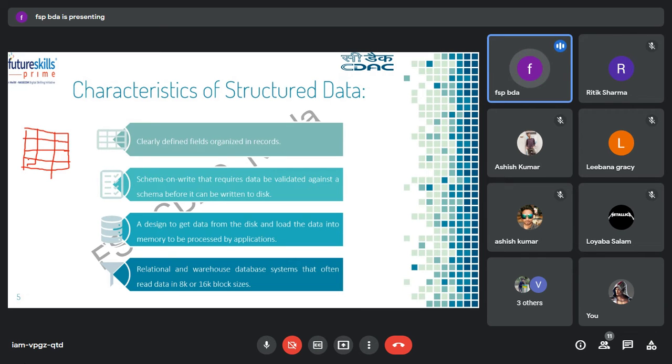So this type of schema you first provide, meaning a structure, and once you create the structure, only then you will store the data in the table. Suppose there are 3 columns: the first contains the roll number, the second contains the name, and the third contains the address. So we provide a schema that there will be a table, the name of the table will be something like student table, there will be 3 columns, their names, and some data type associated with each, and any constraints you want to give.